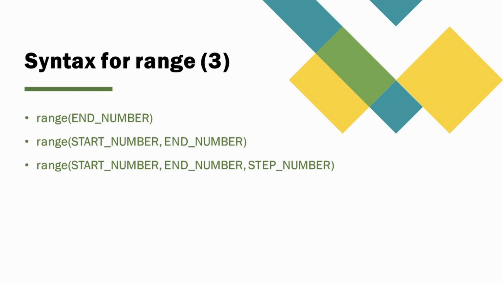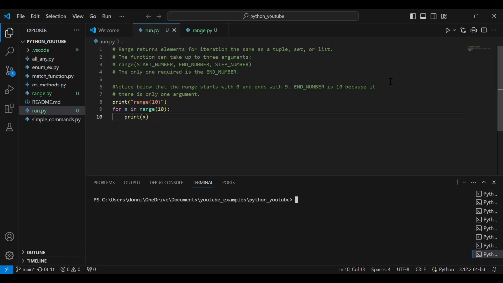What the range function does is that it will increment across until it comes to right before that end number. For example, what we have on the screen right now, where it says for x in range